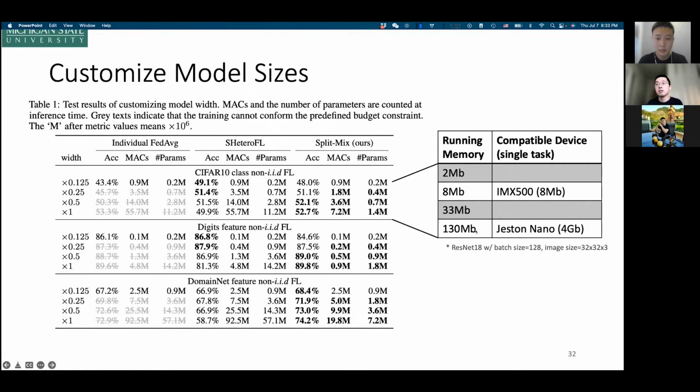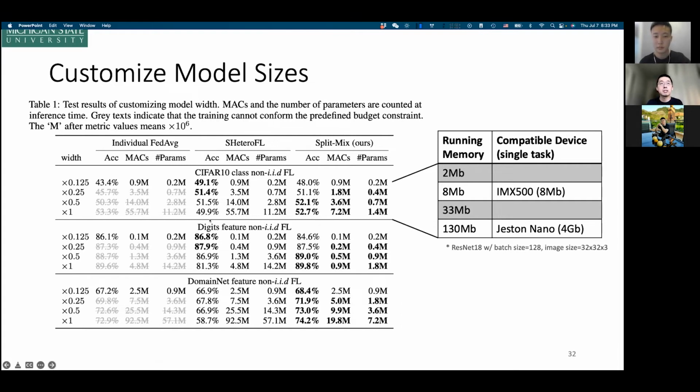So in practice, you can see that this model can fit into a small device like a Nano or Sony's intelligence device, which can only afford 8 megabyte networks, and an even smaller network can be used in even smaller devices like tiny sensors.